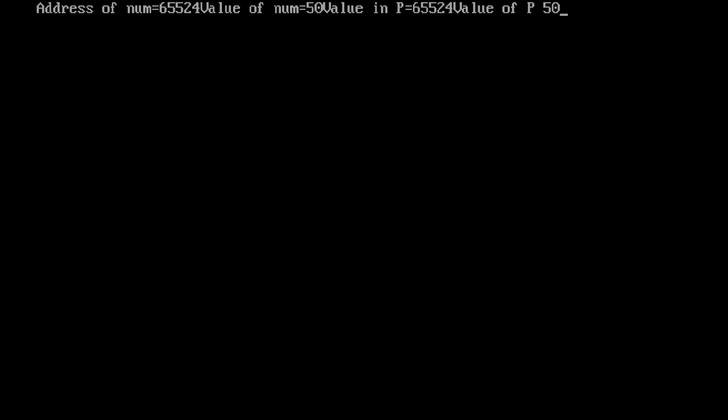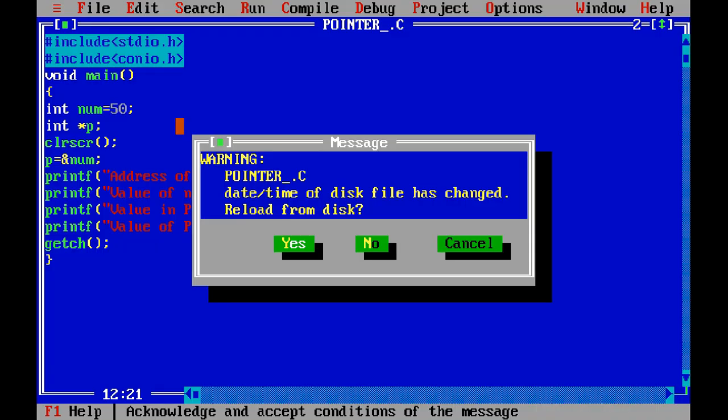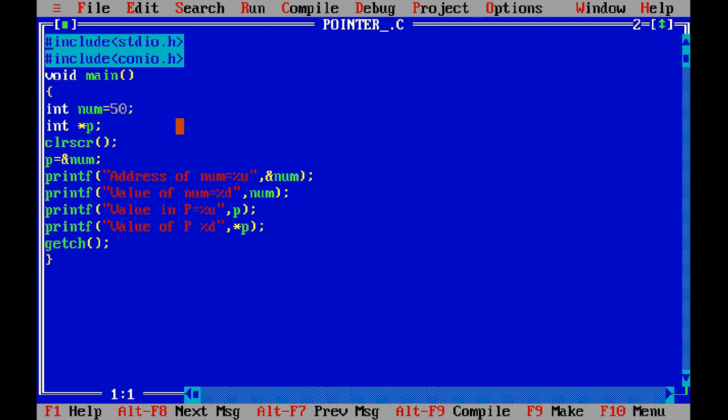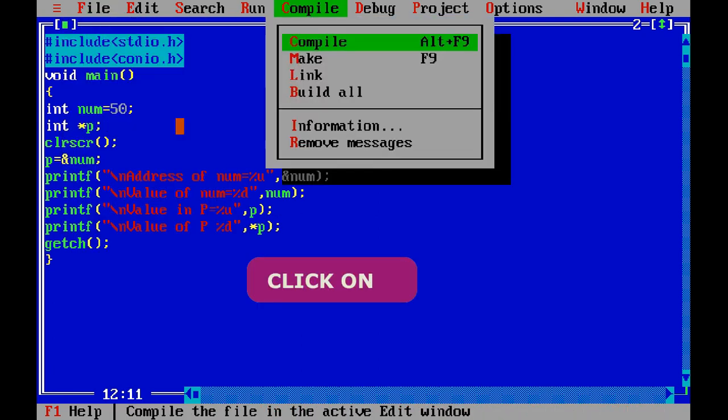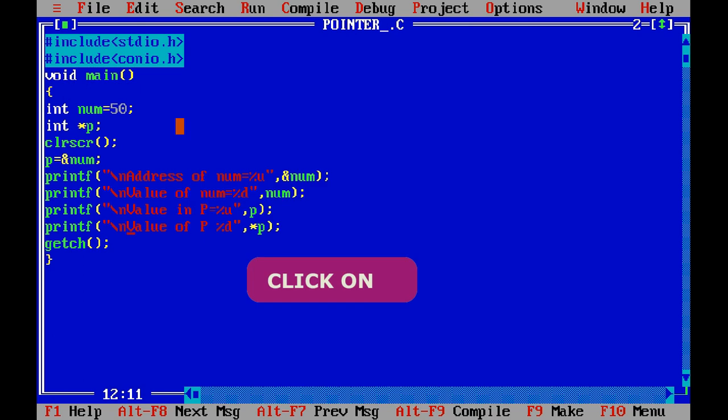Is it visible? Or should I include a next line statement here. Next line. So save, compile every time you change anything in the program.